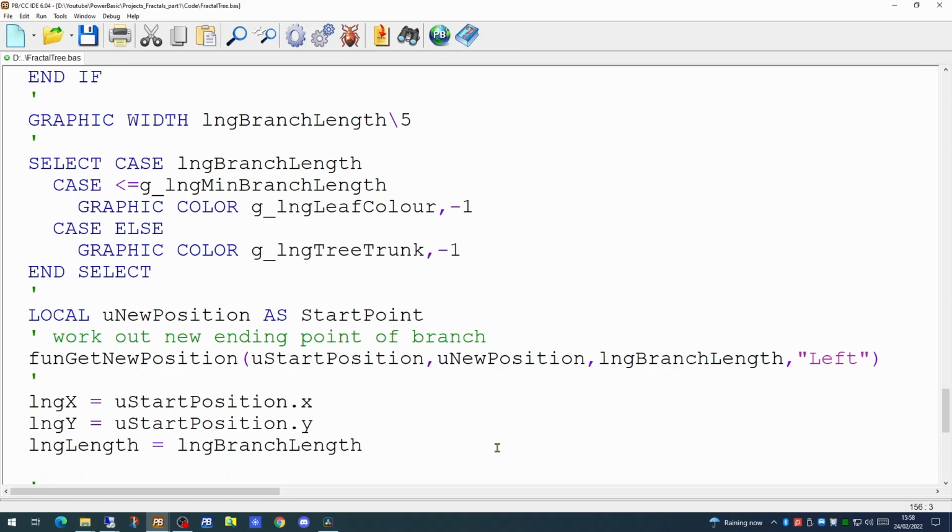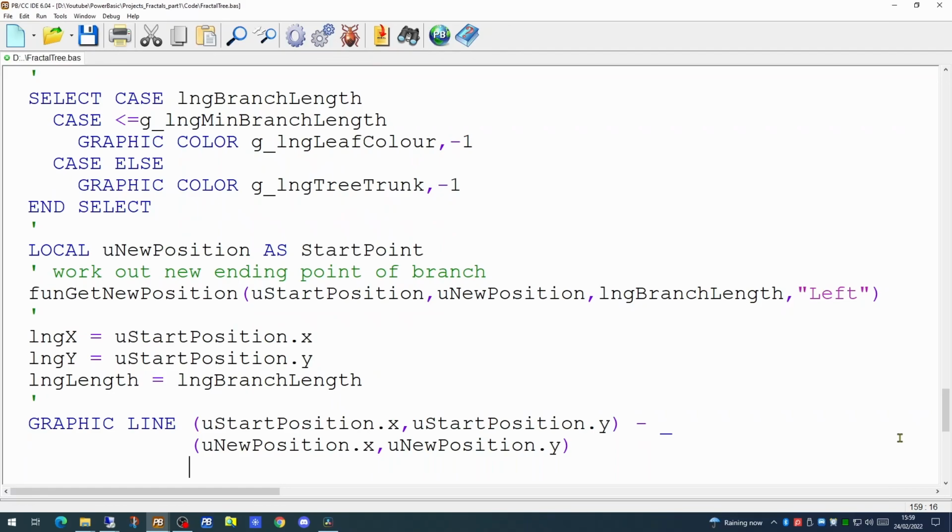So having got this new position, we can store the existing position in long X and long Y. Because our starting position is from where we start drawing, and the new position is where we end drawing. We'll create this new function in a moment, but let's just follow this through to its logical conclusion in this routine. So having determined where we're drawing to and from, we can then use the graphics line command to perform the drawing.